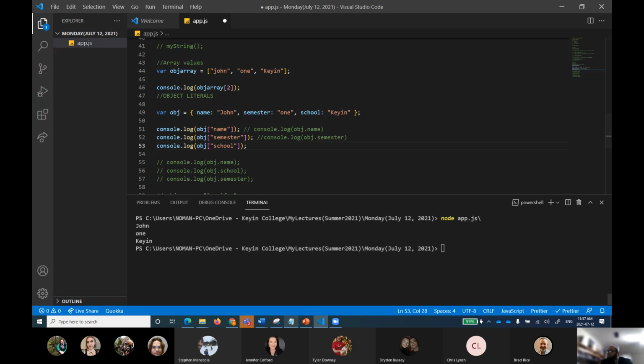Obj.semester. So these are all the same ways of accessing something. And some of you will be thinking, I can read your mind, then what is the benefit of making an object if we can access it like that? Or maybe what is the use of accessing it that way? I'll just let you know everything. Just wait for the right point of time, because I want to take you to some advanced concepts after a second.